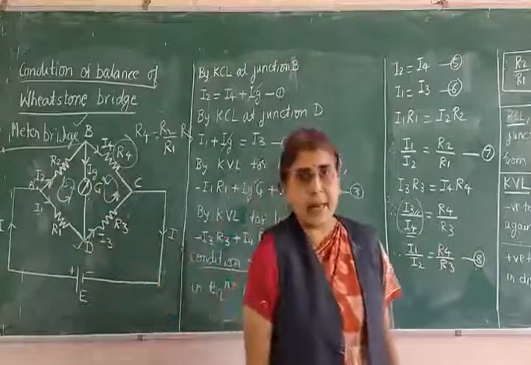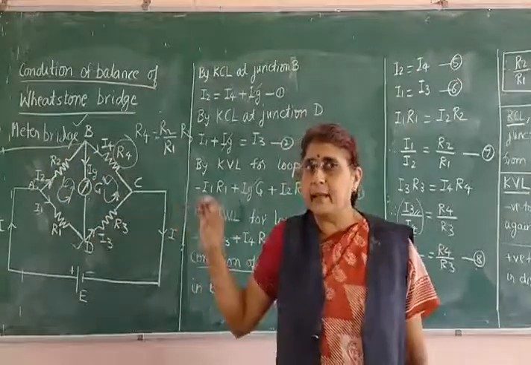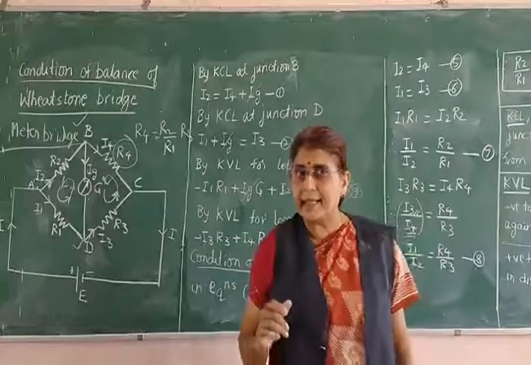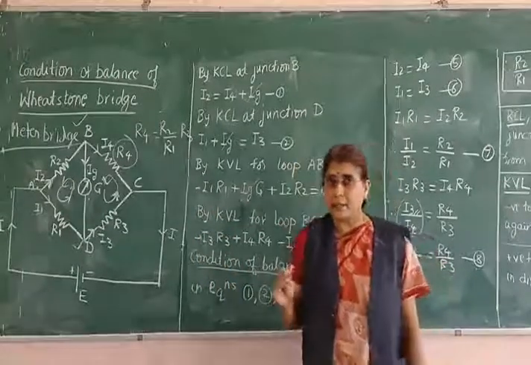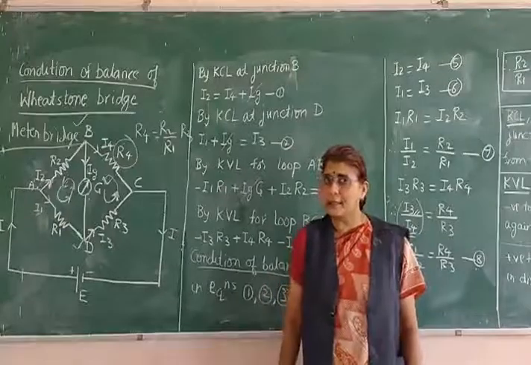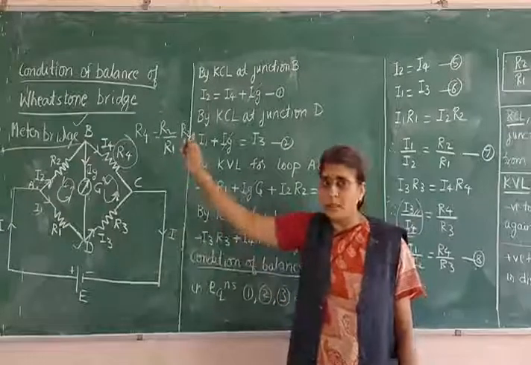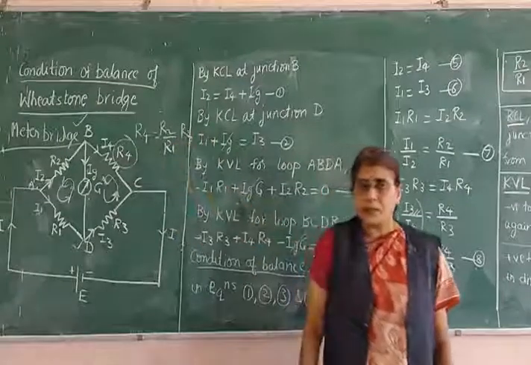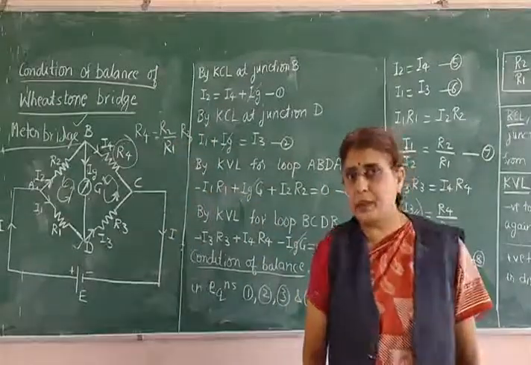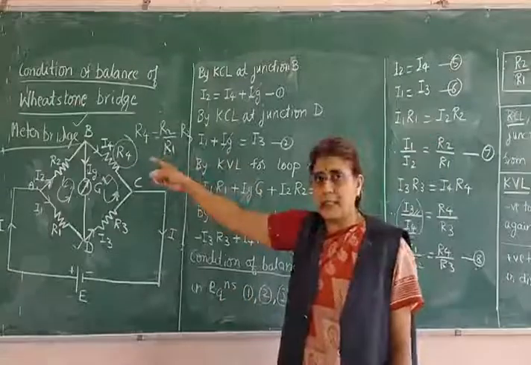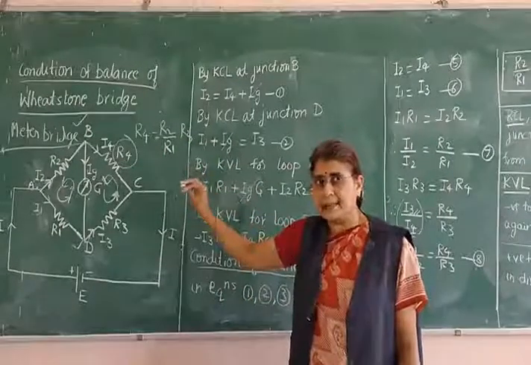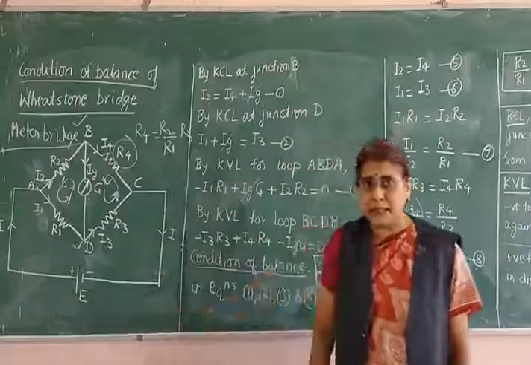When you come to the lab and do the experiment, you will understand it more clearly. Usually whatever experimental part is there, it is not asked in the theory, because for practicals there are already 30 marks. Just remember that the practical form of Wheatstone's bridge is your meter bridge. In the lab we will give you the notes of this meter bridge. You will know the experimental arrangement, how to do the experiment, and the principle. At that time you can learn the meter bridge.